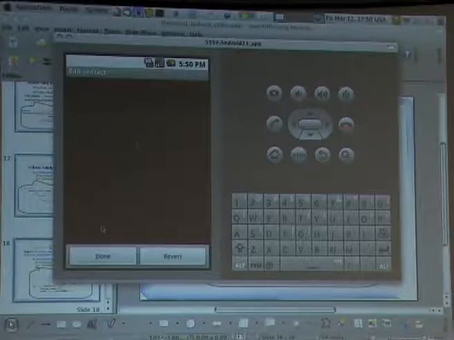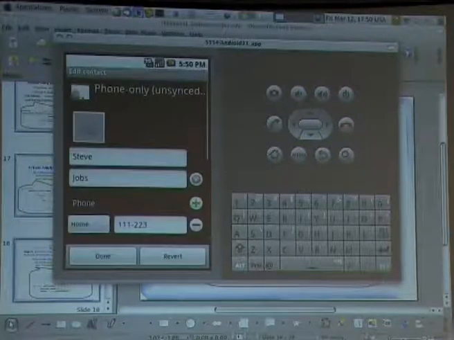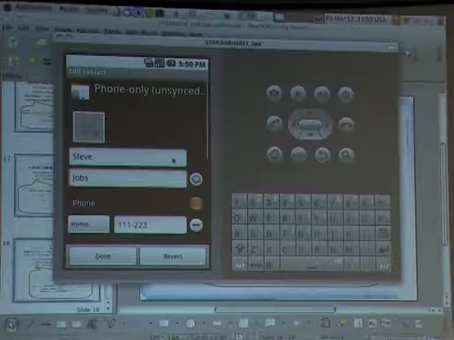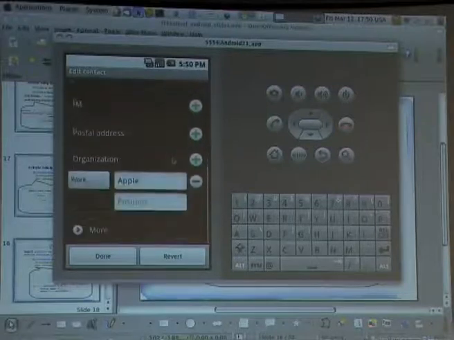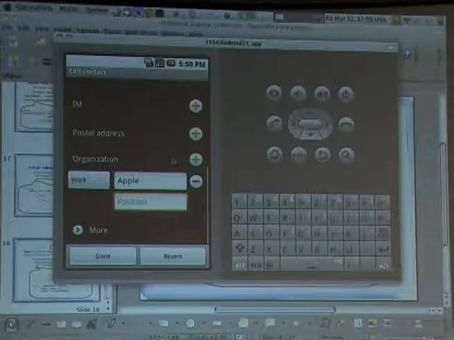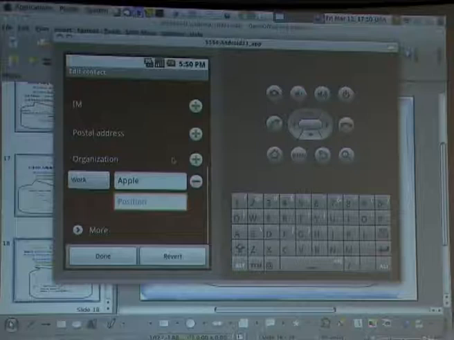And edit contacts, because Steve hasn't set up his position in his company. What's the position of Steve Jobs in Apple? Do you know someone? He's CEO? Okay, I haven't seen different things. What's a CTO?